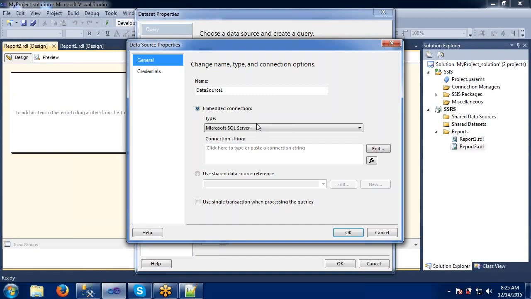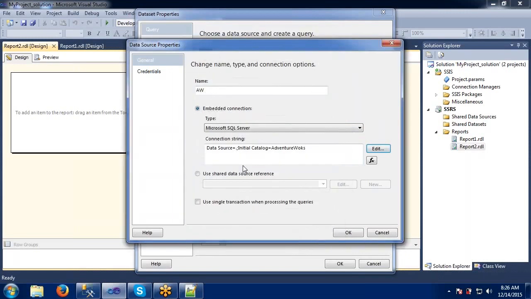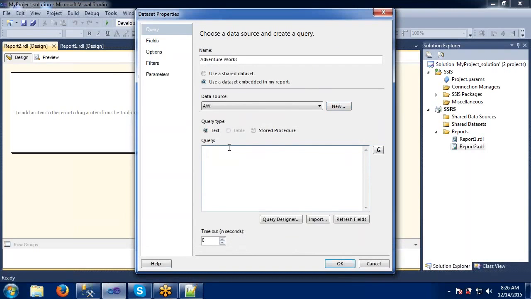We need to create that one. What is our data source name? AdventureWorks, right? So I will just give it here. The same stuff. Which one do you want to connect to? Connection string. If you know the connection string, simply give it, or else try to create a new connection. The same step which we followed in the wizard. Just click OK. Now our data source is ready.